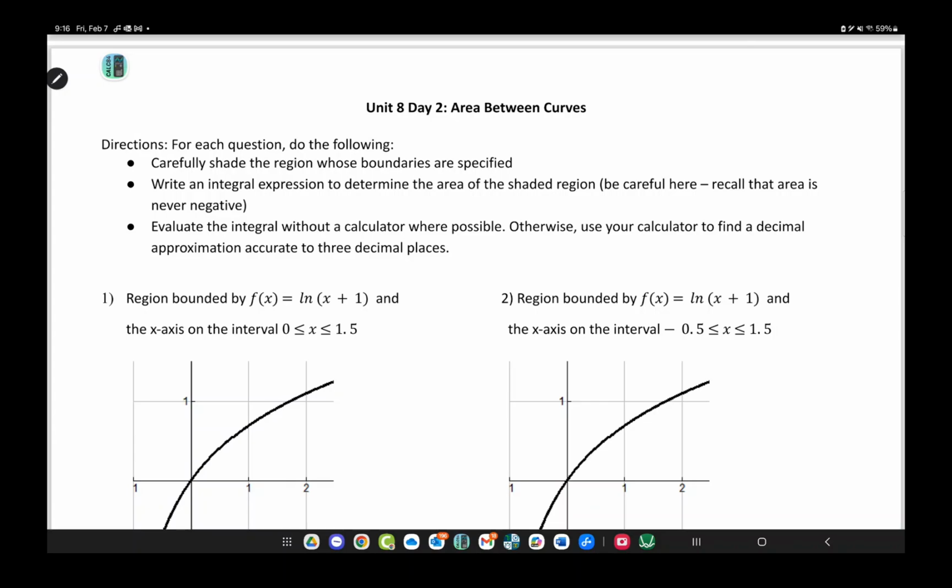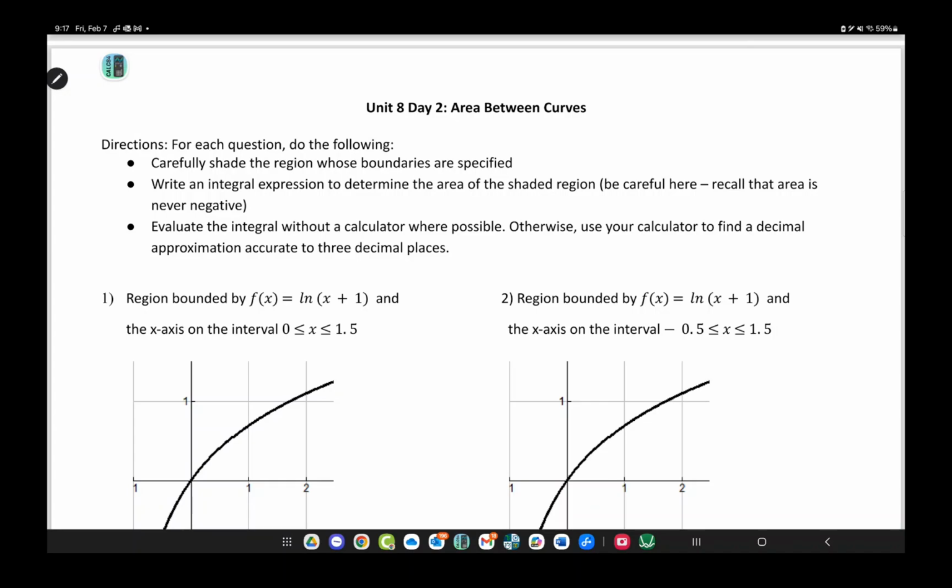Hey, let's do area between curves, day three. All right, so